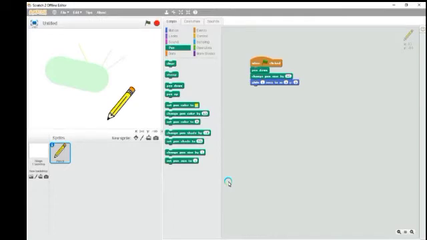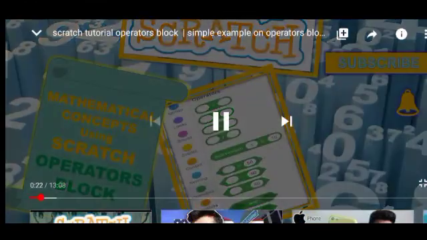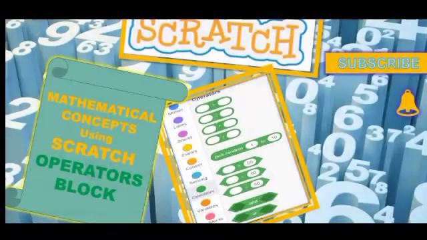Now we will move to another block, that is our operators block, children. Operators block basically helps us to connect with mathematical concepts in Scratch programming.